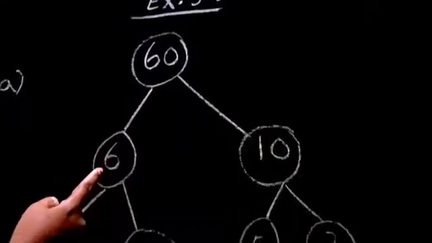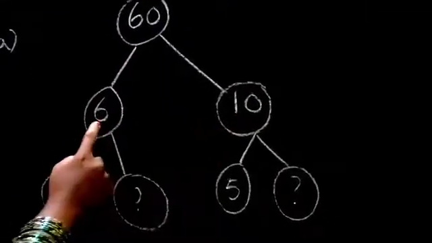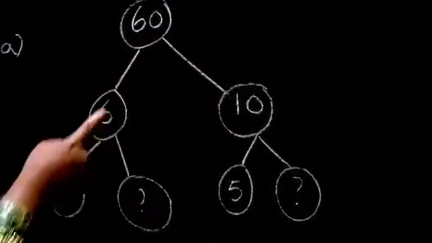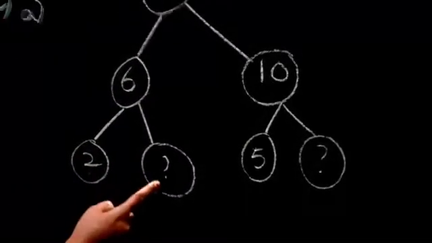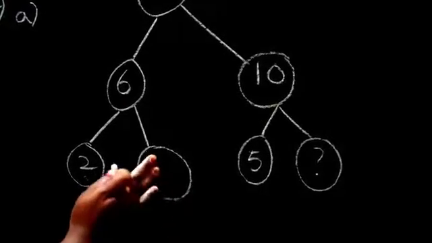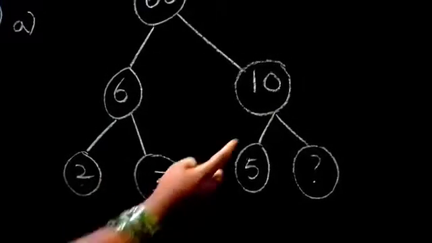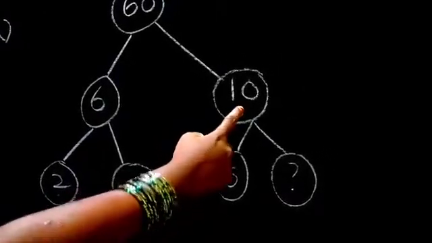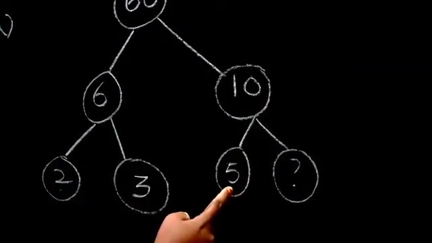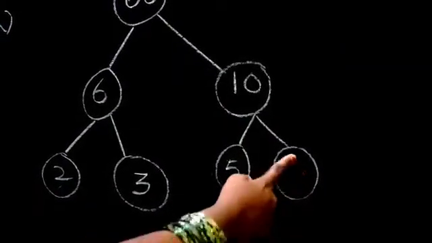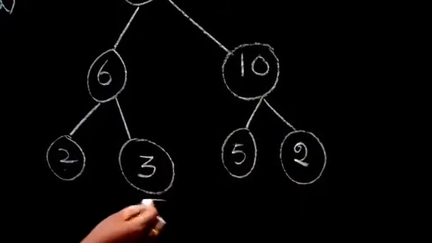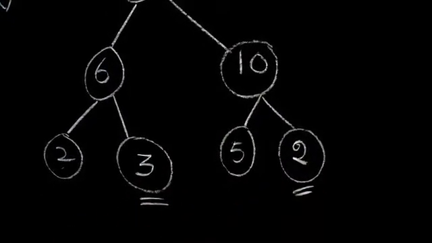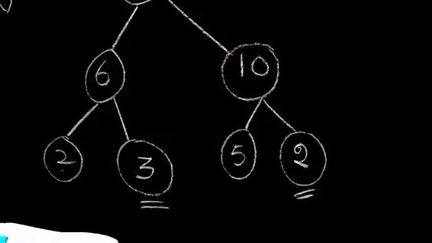So in this 60, they are going to divide 6 into 10. 6 tens are 60. Then 6, how can we divide by the second table? 2 threes are 6. So in this place we have to write 3. Then this 10 they are dividing by the fifth table. 5 twos are 10. So 3 we have to write, 2 we have to write. Same like that, do B1.